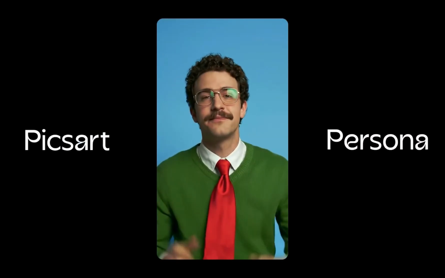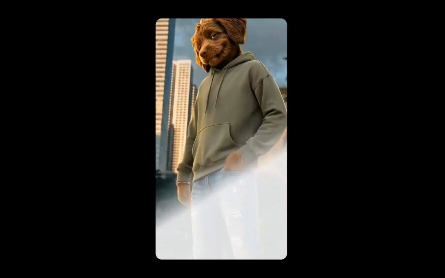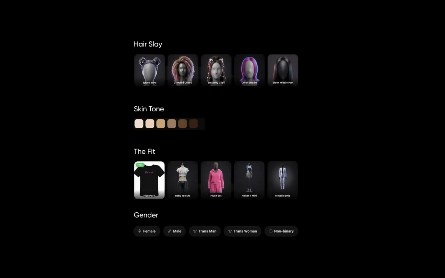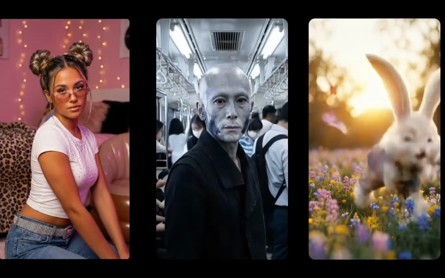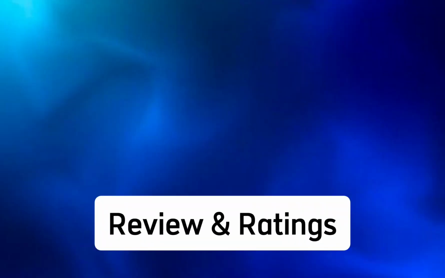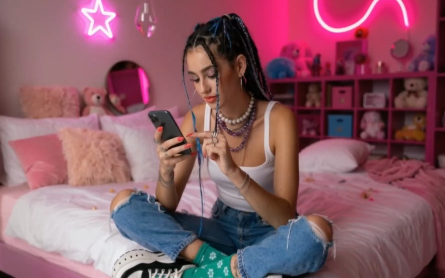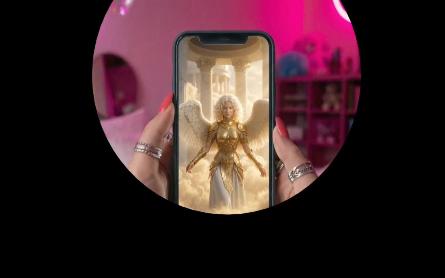So, final verdict on Picsart Persona and Storyline. This is a genuinely useful tool if you're building a faceless content brand. The character consistency works well, the setup is beginner-friendly, and the entry price makes it easy to try. Just keep an eye on your credit usage if you plan on generating content every day. I'm giving Picsart Persona and Storyline a 4.1 out of 5. If you're a solopreneur or creator considering a faceless channel, this is absolutely worth testing on the free tier before